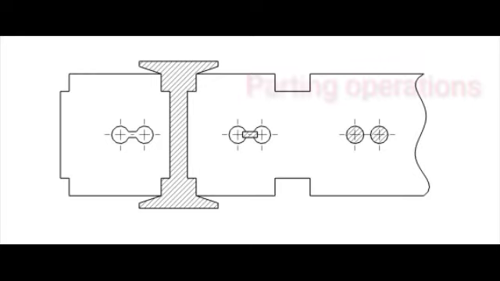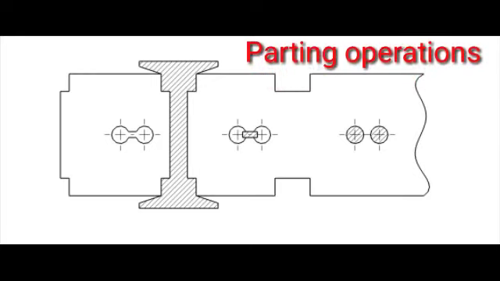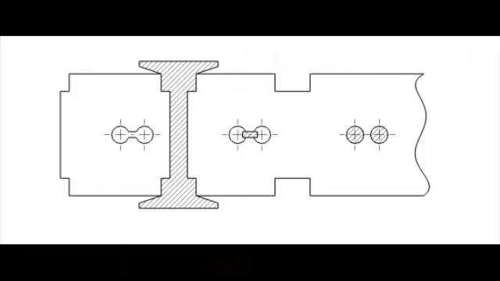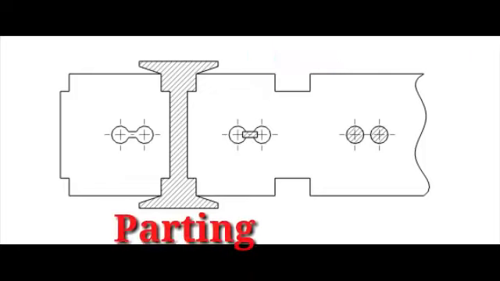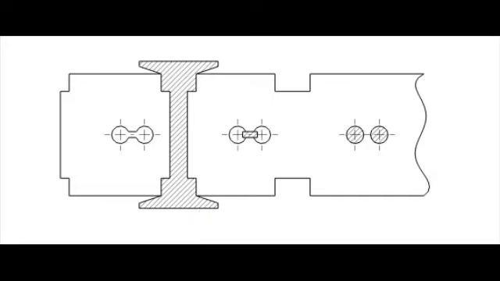Strip layout for cutoff and parting. A cutoff punch cuts only one edge. No scrap is produced. A parting punch cuts with two opposite edges, therefore producing a scrap. You can see in the image. That is the parting tool. Next we are going to see the notching.